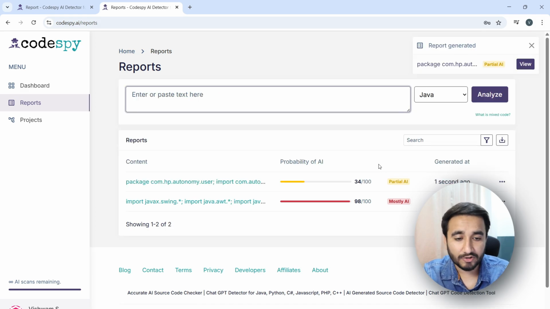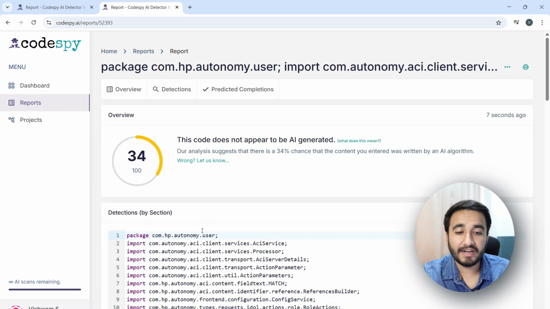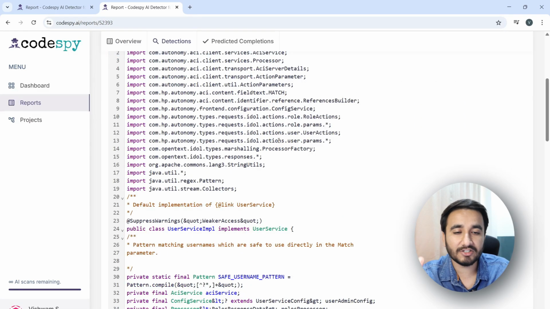So here is a partially AI score, right? Let me view what is happening here, and it shows around 34 out of 100 AI score, which is much lower than the score of my previous code. So I can assure that this is not an AI-generated code or even a partially AI-generated code.